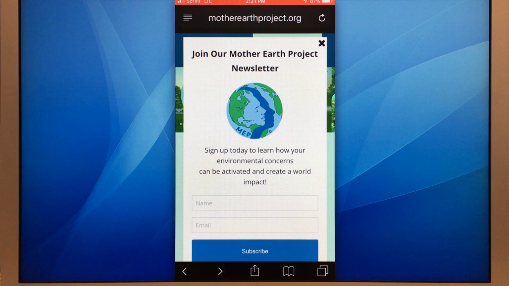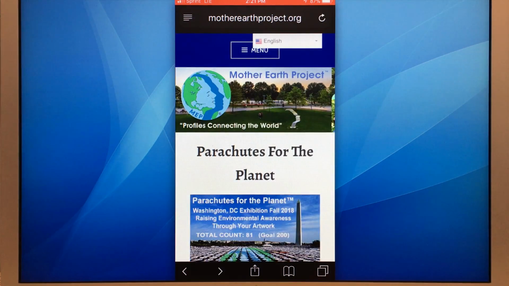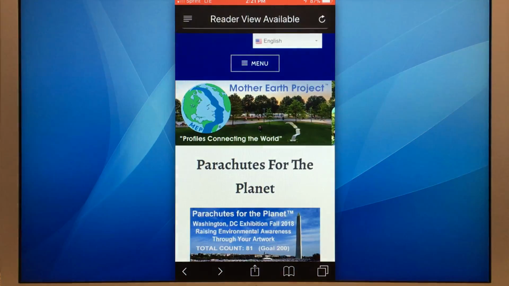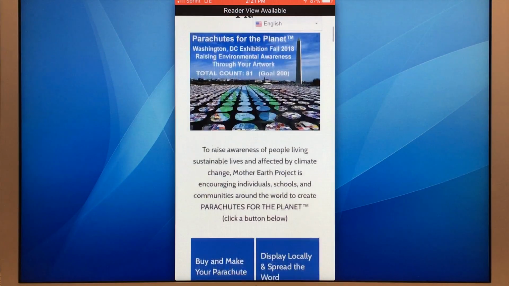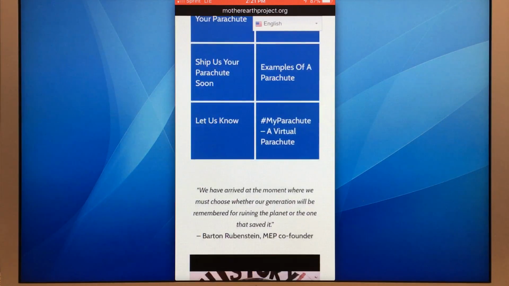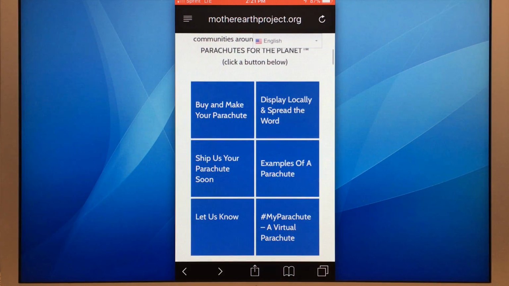As you open it, it asks you to join and add your name and email, which we are obviously encouraging people to do. And by doing that, we can send out information about events. This is the Parachutes page, the second one down. Basically, the Parachutes page gives you all the instructions. As you can see, there are 6 buttons that allow you to go down and figure out how